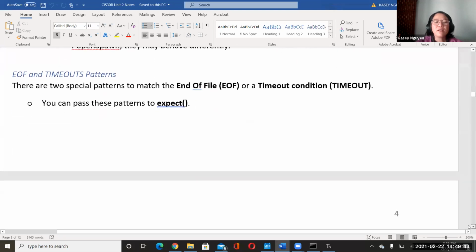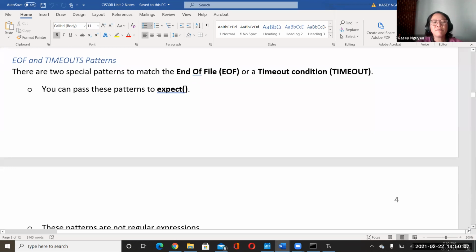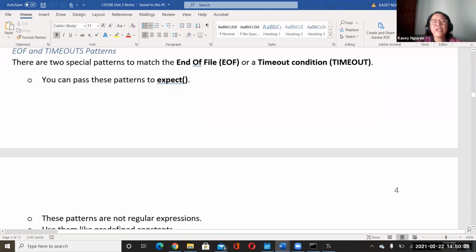So the two special patterns that we can utilize with this library are EOF and timeout. Timeout is a condition like account lockout that happens, okay? Or end of file when we're trying to get it to read or, you know, access a certain file. So you can use these patterns that are already equipped with the library.